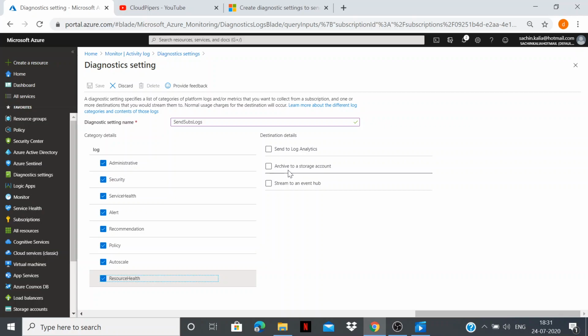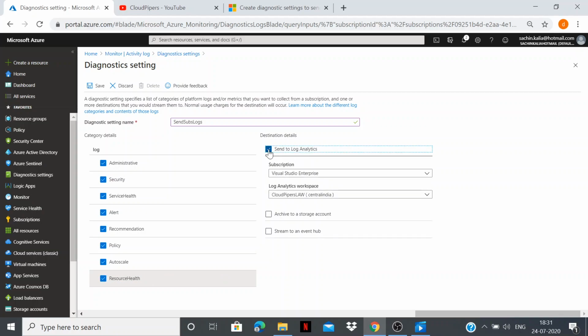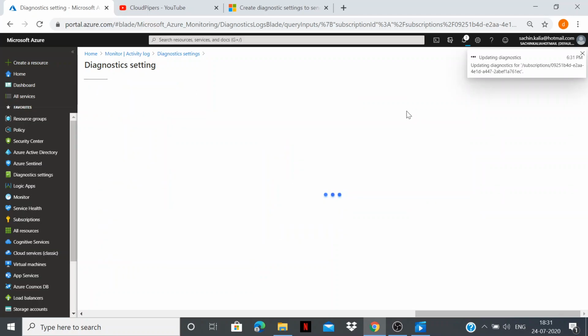Here we have three options: send to Log Analytics, archive to a storage account, which we have seen, and stream to an event hub, but I am interested in the first. Once I click on the checkbox, it opens two drop-downs. I have only one subscription, Visual Studio Enterprise, and one Log Analytics Workspace. In your case, you would have yours. After selecting all these options, click on Save.